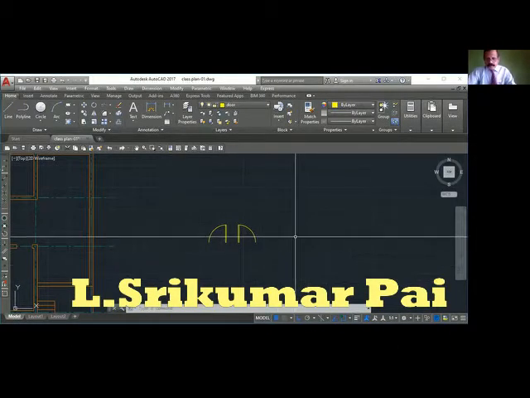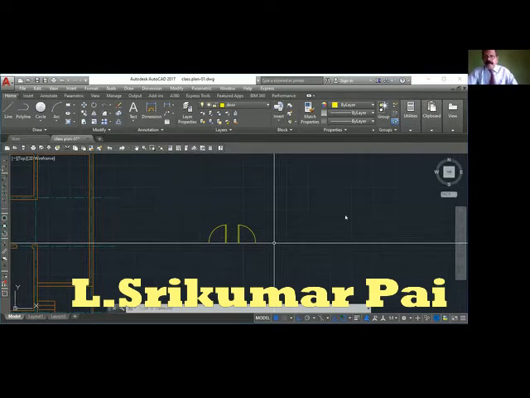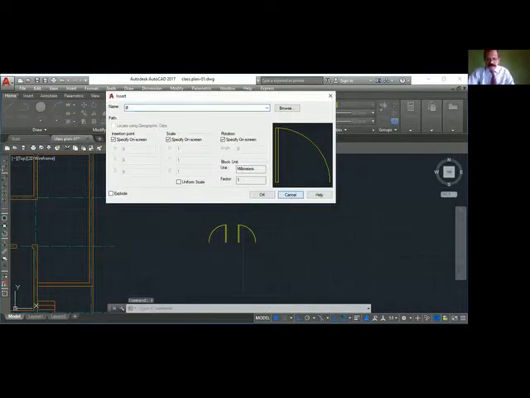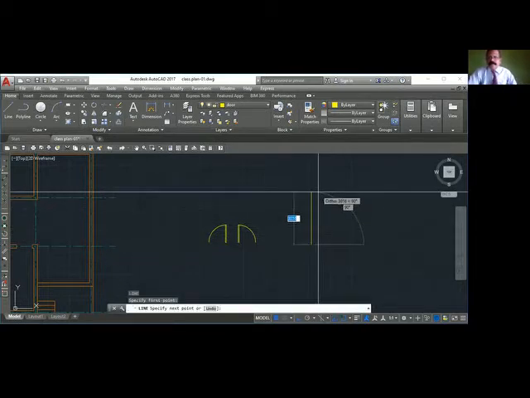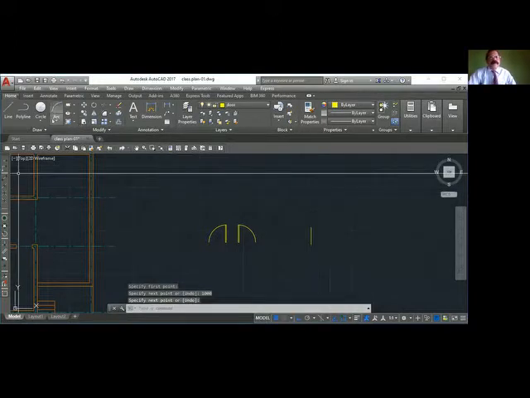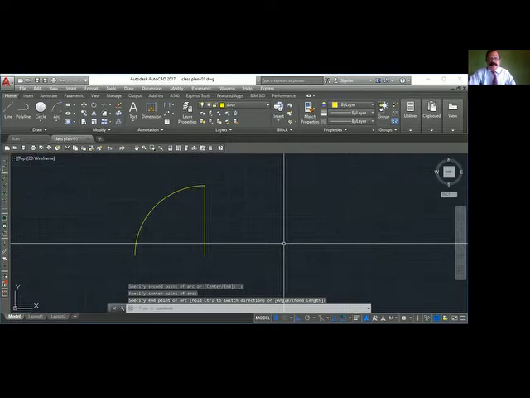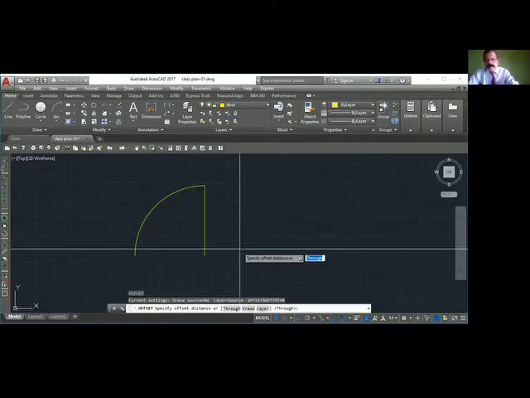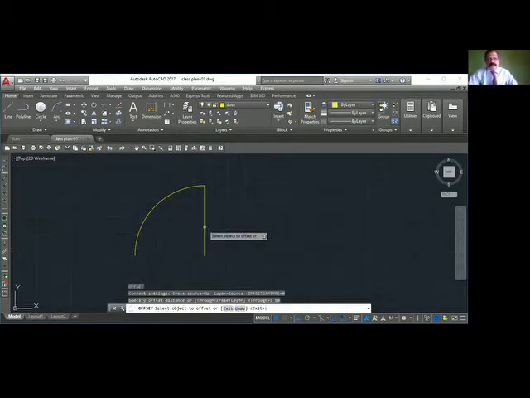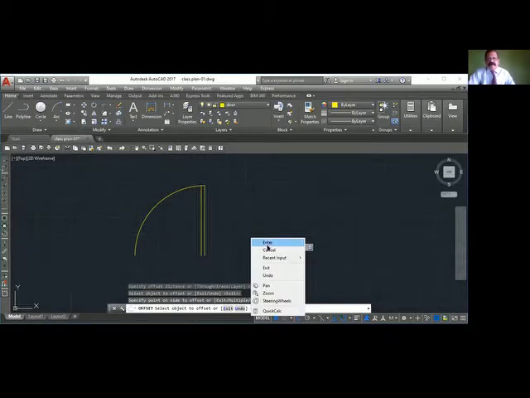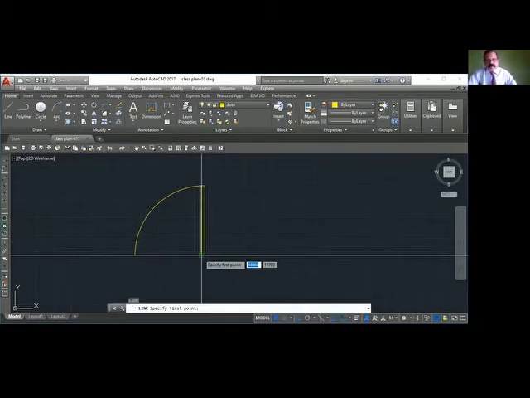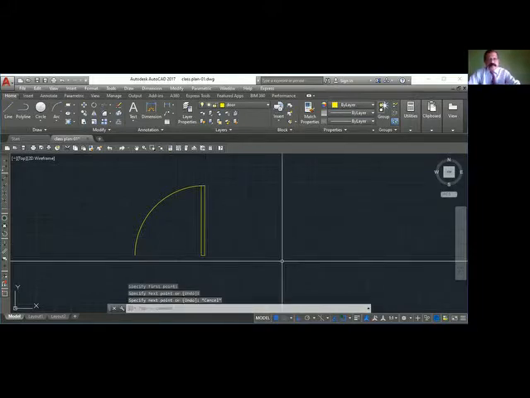Okay, so I'm just drawing one line, 1 meter length, line L for line, 1 meter. Now I will go to arc, start center end. You can see the drawing, 50. Okay, then I will just draw a line at the bottom to close it, endpoint, endpoint, and I will mirror